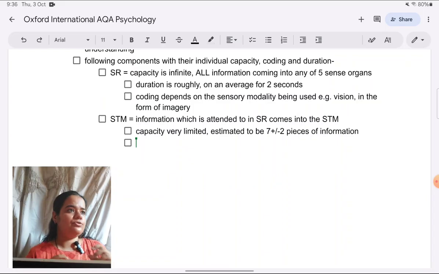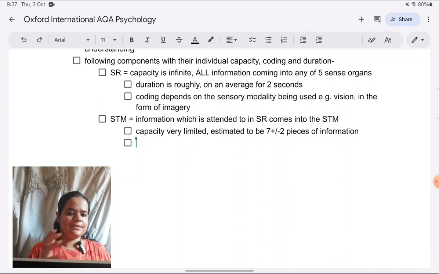Not only that, you should also not get into unnecessary detailing of something, because they want to know about the whole model, comprehensive coverage of the model. That's what they want. They don't want to know individually what has been showcased in each area. They've not asked you to get into the depth of any of the storages. Otherwise, they could have just asked you, for example, describe short-term memory which is there in the MSM. But that's not how they phrase the question. Okay, so we just follow our template.